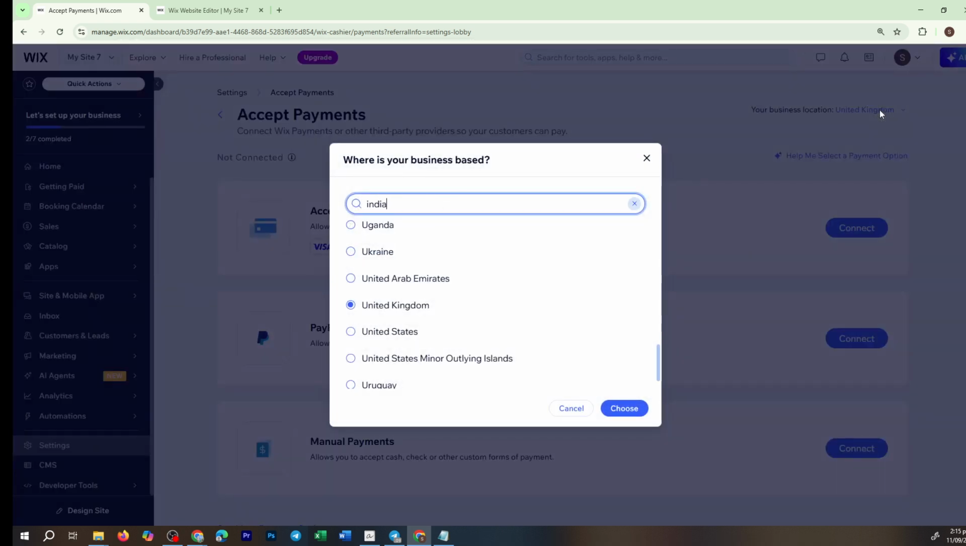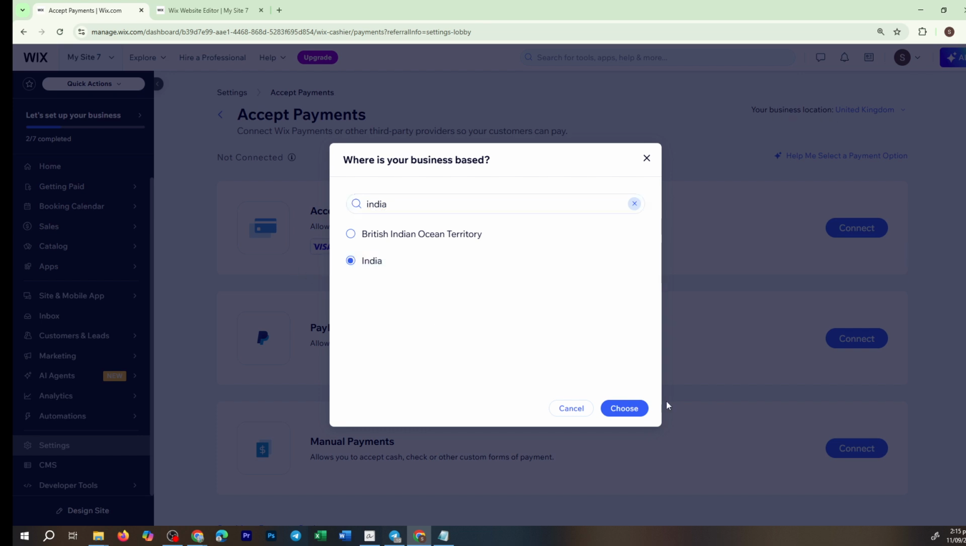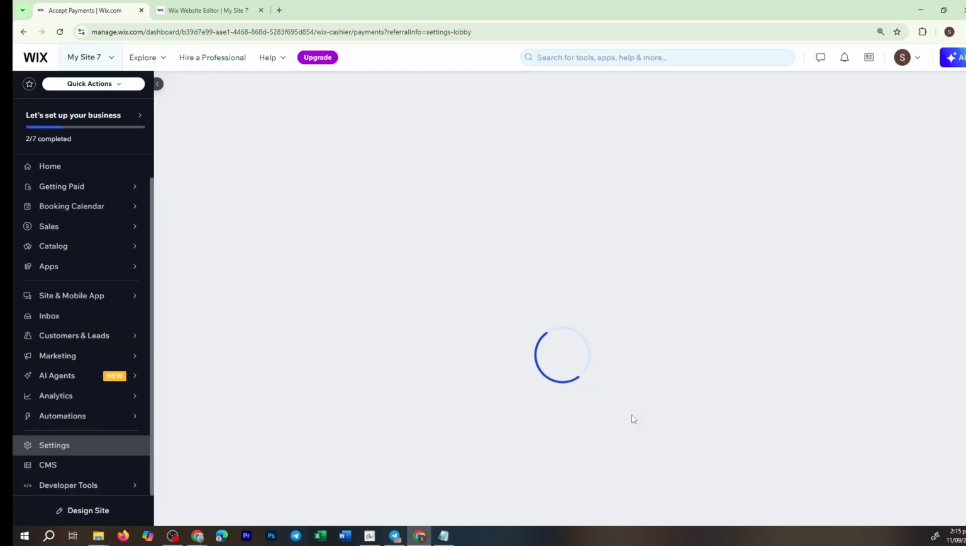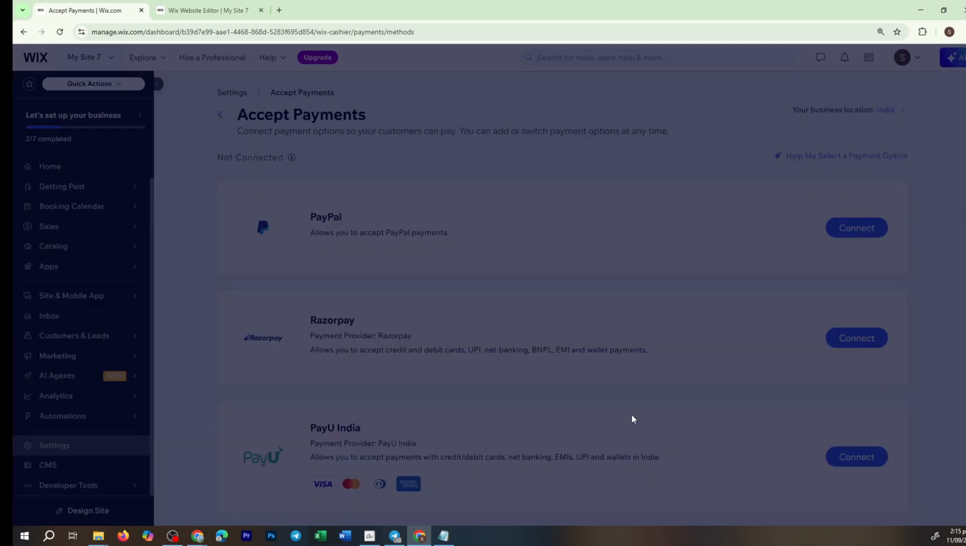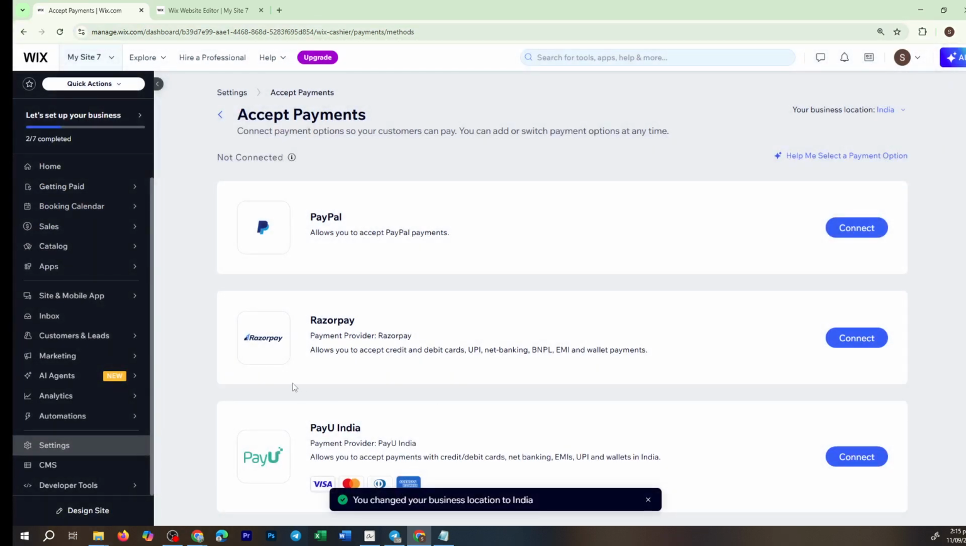Head over to the top right corner once again, and you'll see a component titled Business Location. Click on this area, and a drop-down menu will appear. Here, we need to select the appropriate location for Razorpay support. In this case, we'll search for India. Please type in India, select it from the search results, and then click Choose. Changing the business location to India is crucial, as it allows us to access Razorpay as a payment option in